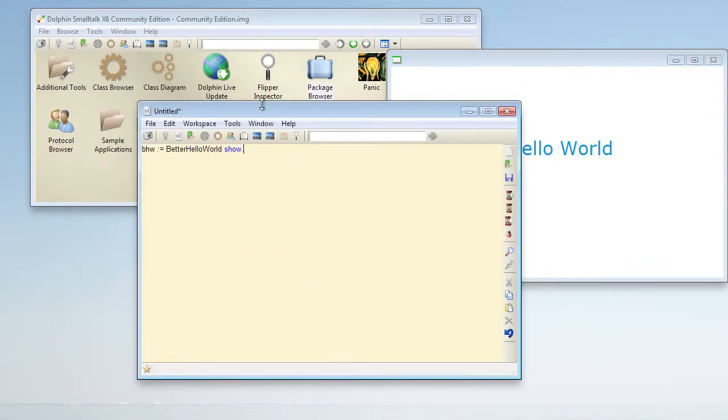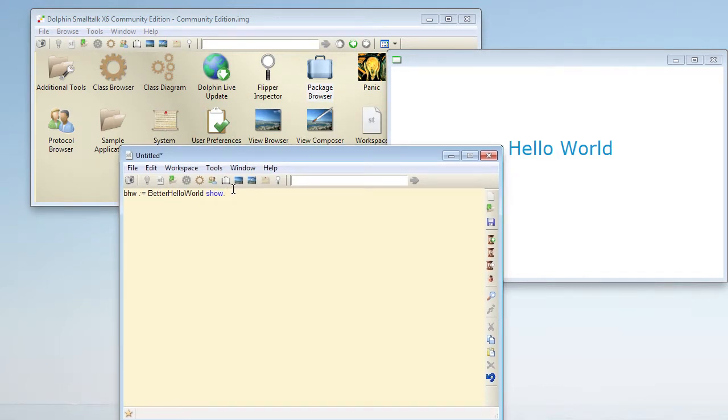Now, over here, in this variable, we have the object which represents our Hello World application, which in fact is the Better Hello World presenter, shell presenter. And if you remember, I'm typing Control D here to display it. So if you remember, our model is a value holder with the text object, the string object Hello World in it. So one thing we can do is we could open another one,